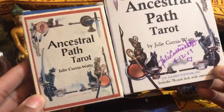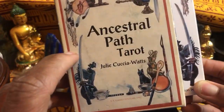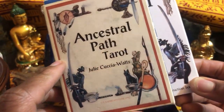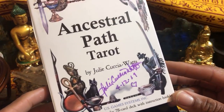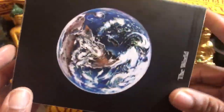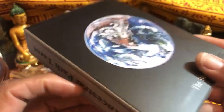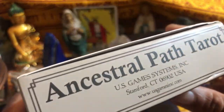So this is the original, the smaller version. You see it's almost 2 inches larger, maybe 1.5 inches, 2 inches in height, and 1.5 inches in width. It's huge. It's beautiful. It's gorgeous. Get your copy from Julie. It's always good to support artists directly. And there you go. Oh, here's the box. Back of the box. The World. Published by U.S. Games. There you go. And again, go to Julie Cuccia-Watts' website,